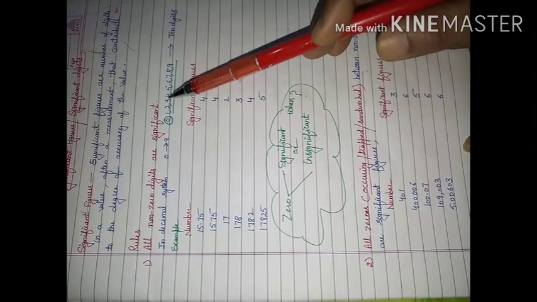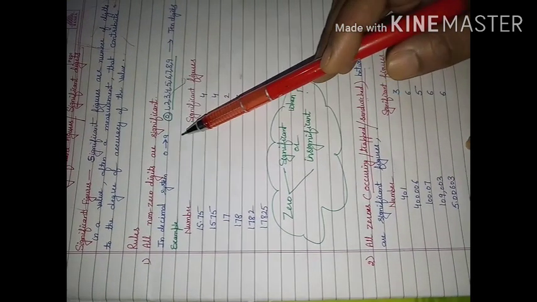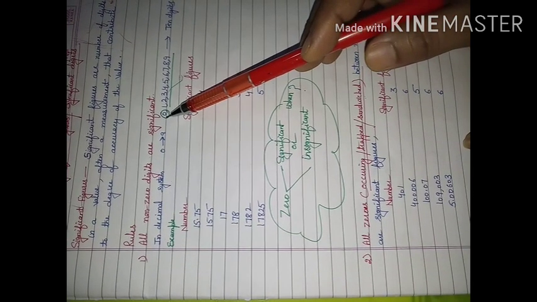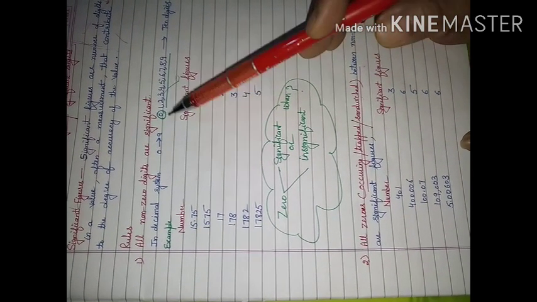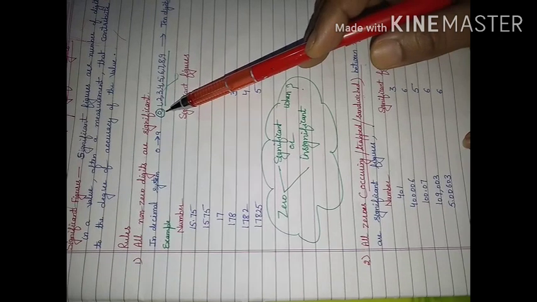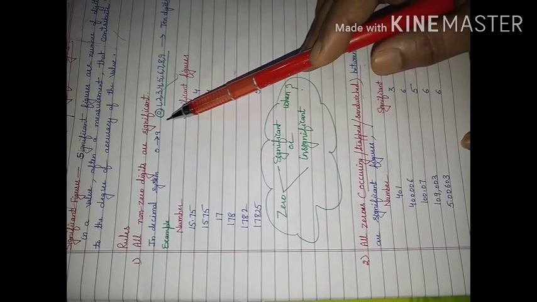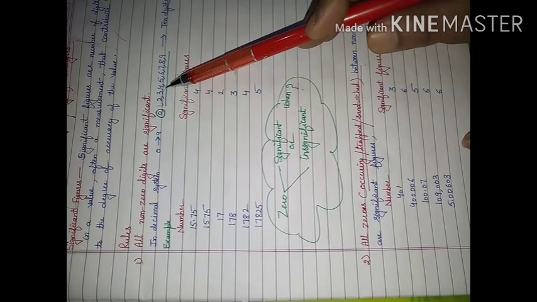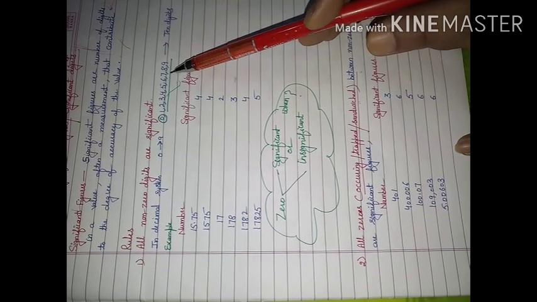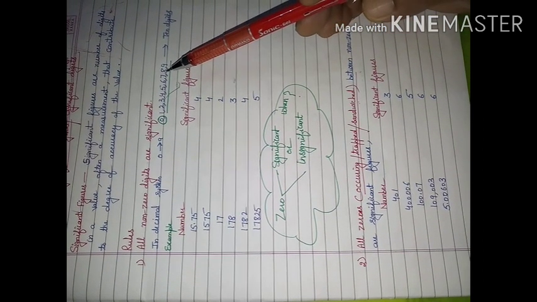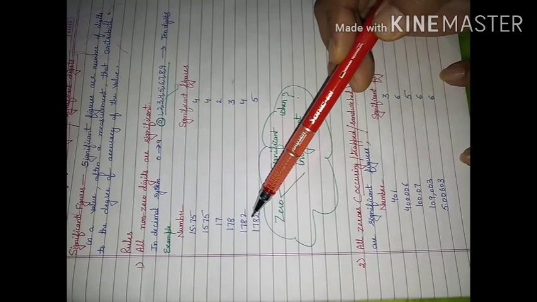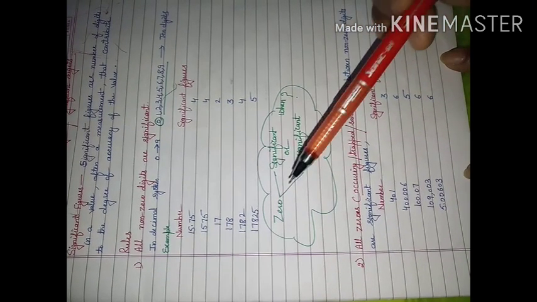I am not talking about zero at this moment, whether it is significant or not, and when it will be. All these questions we will discuss later on. In this case, only focus that wherever you get a non-zero digit, that will become significant for you. Let us consider these examples. These are the various numbers given.